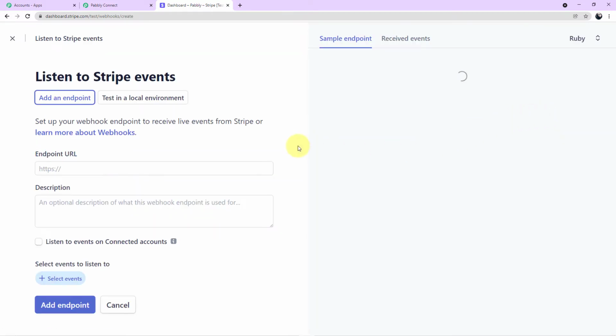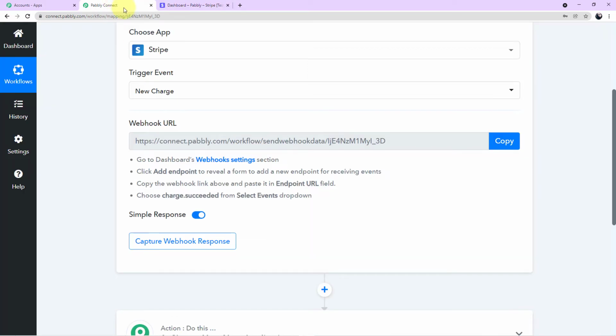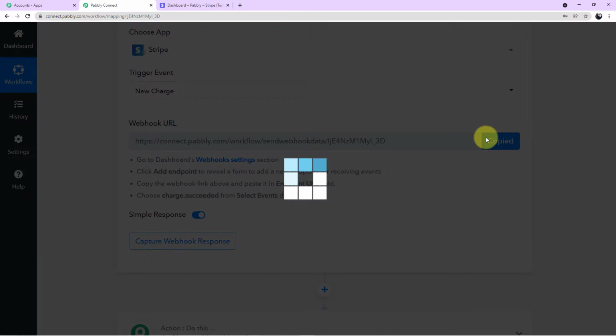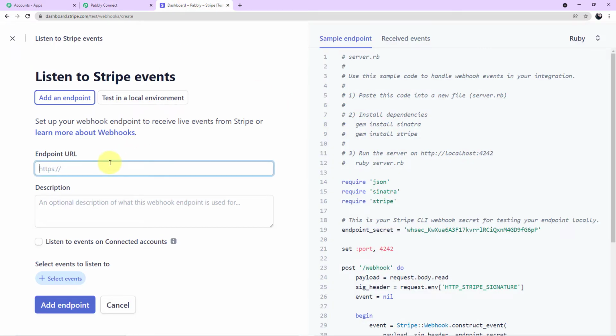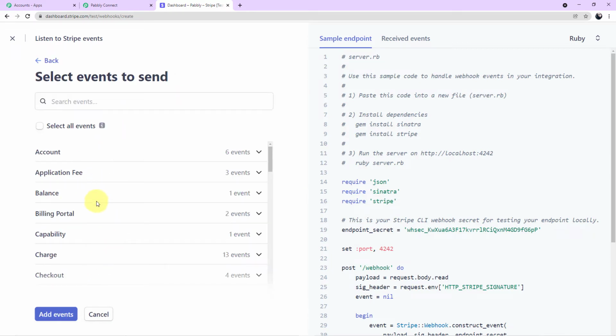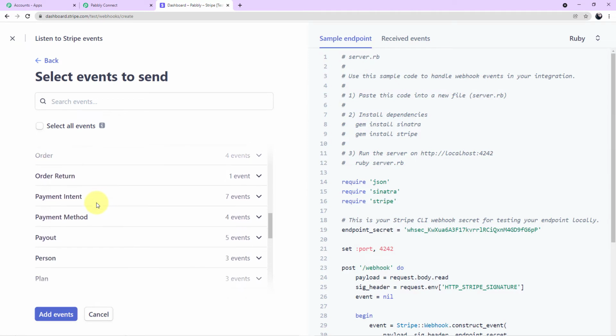Click this. Now the fields have been generated. In the endpoint URL, we have to paste the particular webhook which has been generated in our Pabbly Connect account. So we'll go back to our Pabbly Connect account and copy this webhook URL which has been generated. Go back to your Stripe account and simply paste it here. Now we have to select an event. For that you have to click on plus select event, and here we have to search for,